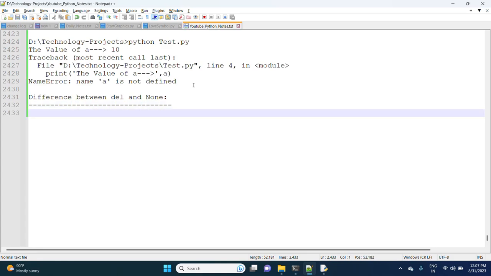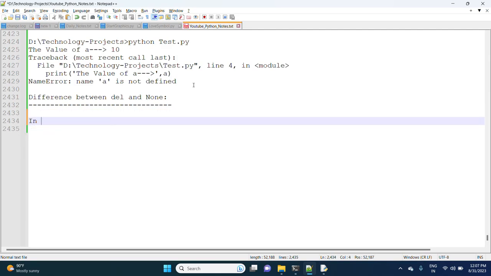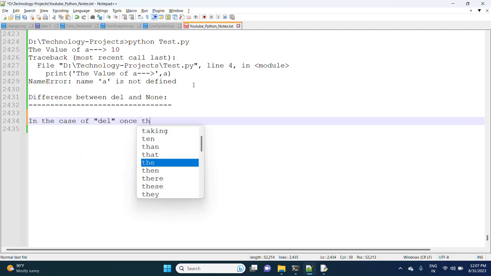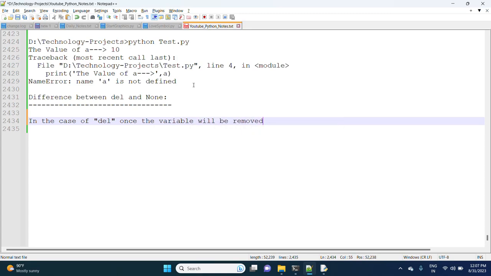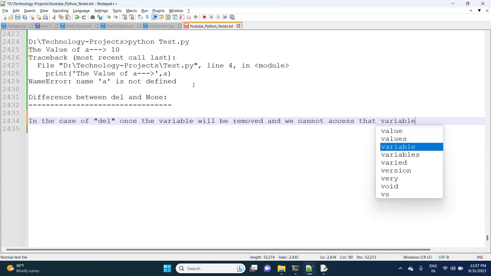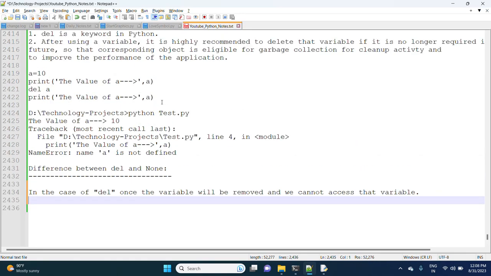In the case of del, the variable will be removed and we cannot access that variable, which means it is an unbind operation. Once we delete the variable, we cannot access it. The same thing we observed here.